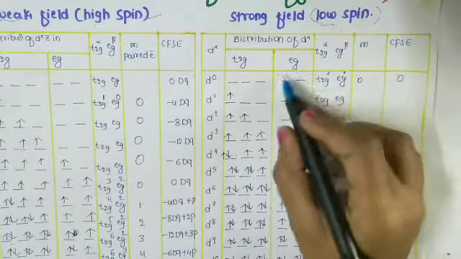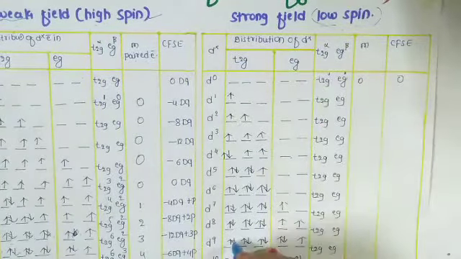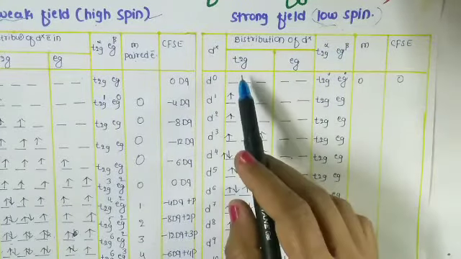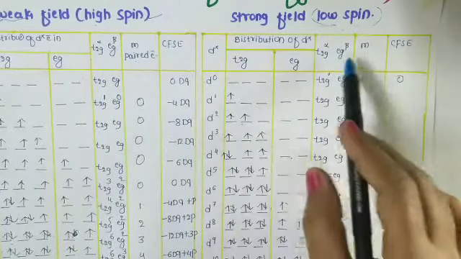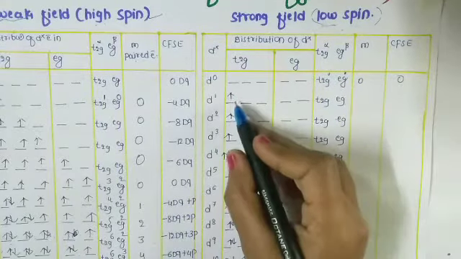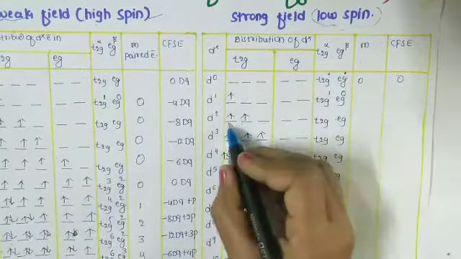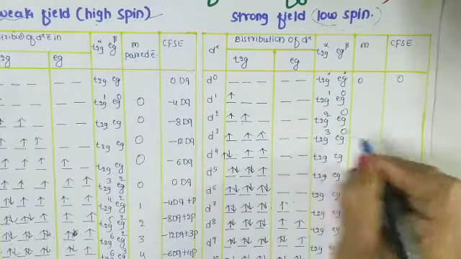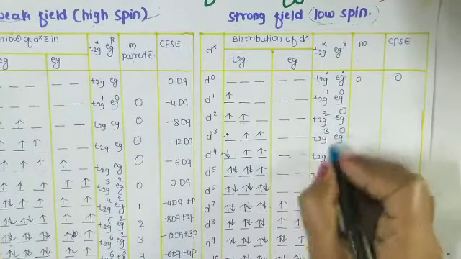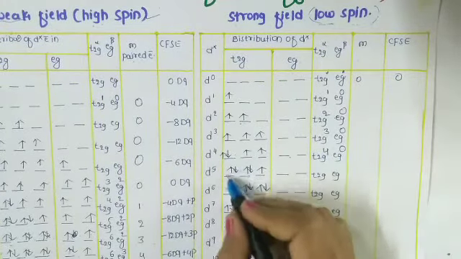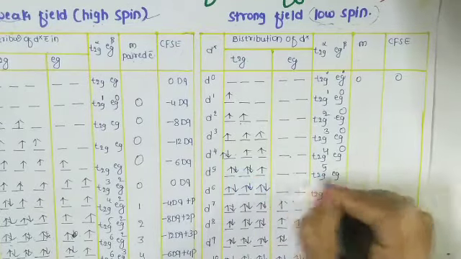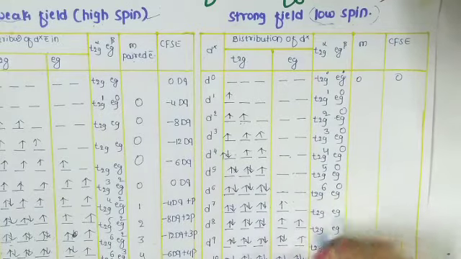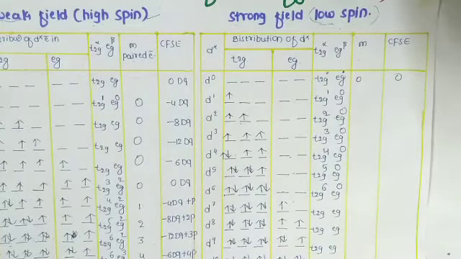Here the Eg set of orbitals and the T2g set of orbitals, then you can go through alpha. Here the T2g alpha is there and then Eg beta is there. How many electrons? 1, 0 here in the T2g, 2, 0 here, 3, 0 here, 1 2 3 4, 4 electrons and here 0, 1 2 3 4 5 electrons and here 0, 1 2 3 4 5 6 and here 0, 6, 0. Similarly you can write all these things.